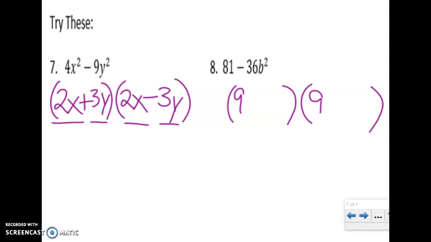So like for this one, 36. What times itself gives you 36? Start with like 4. 4 times 4, 16. Not enough. 5 times 5, 25. Not enough. 6 times 6, yes. So it's got to be the same number. Now, the b squared that's after that, again, there's just two b's, so one b there and another b there. Finally, finish it off. One negative, one positive, and you have just factored using the difference of two perfect